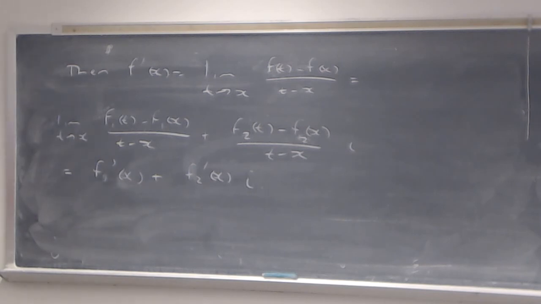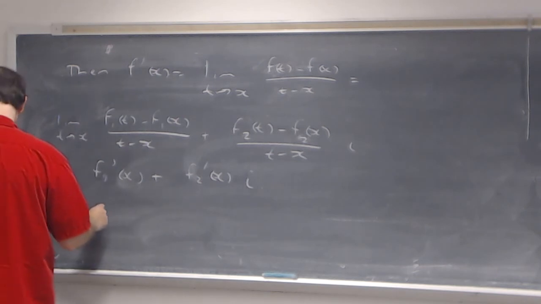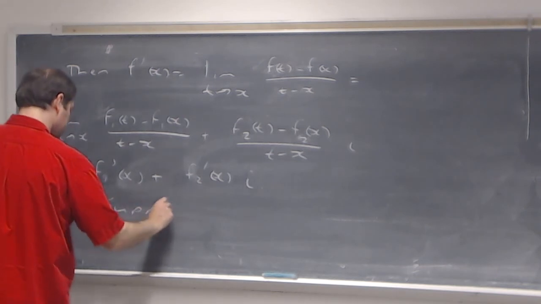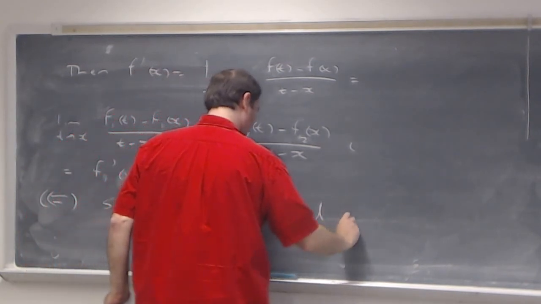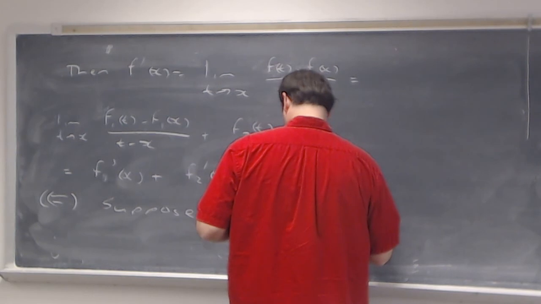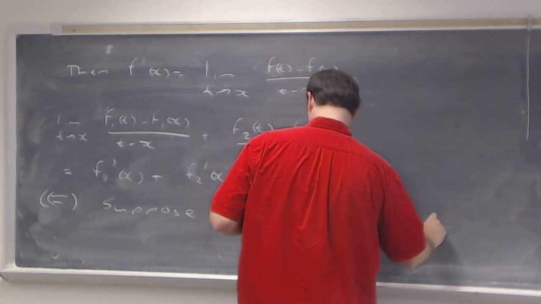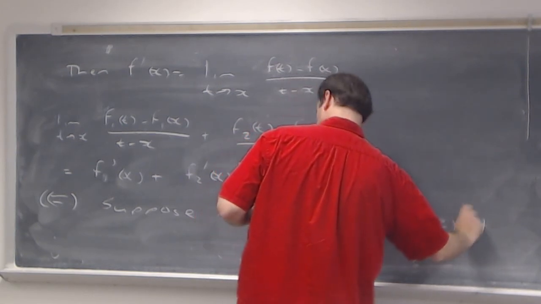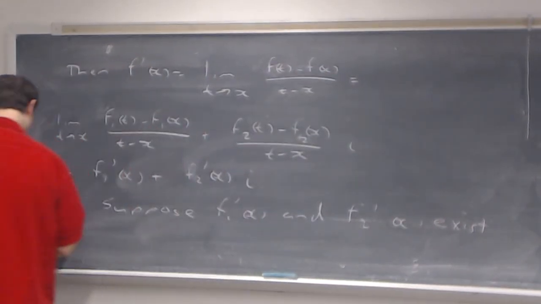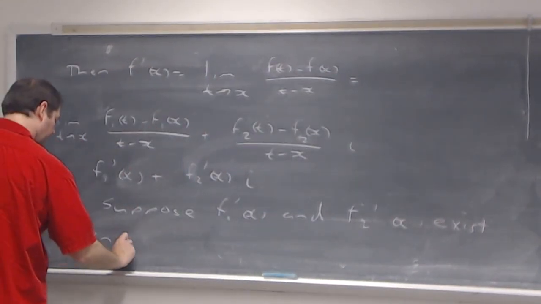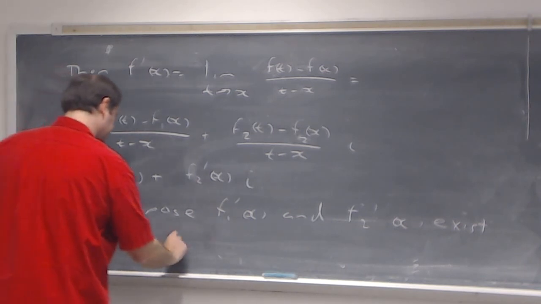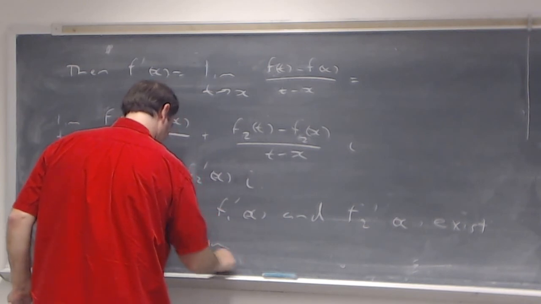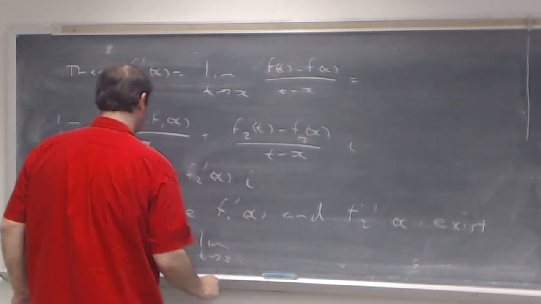Now, going in this direction, I'm going to use some of the work we just wrote. And so here, suppose f sub 1 prime of x and f sub 2 prime of x exist, then f prime of x in general is equal to the limit, let's see if this exists, as t goes to x